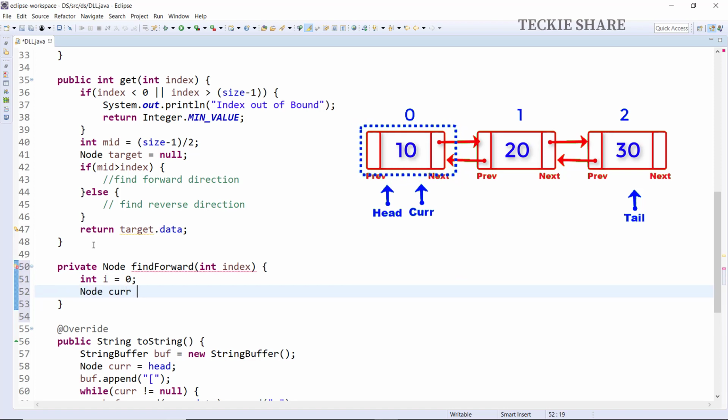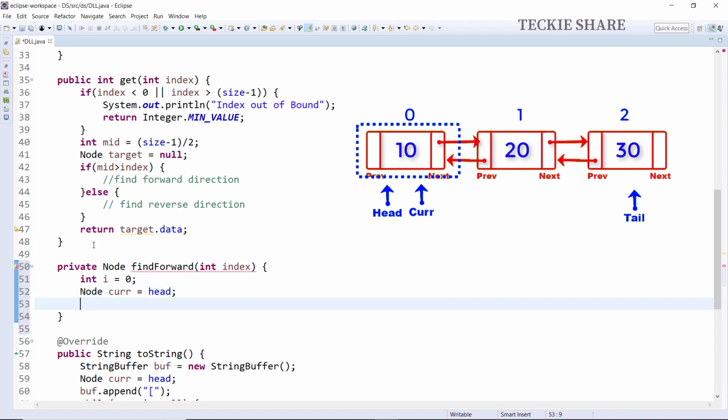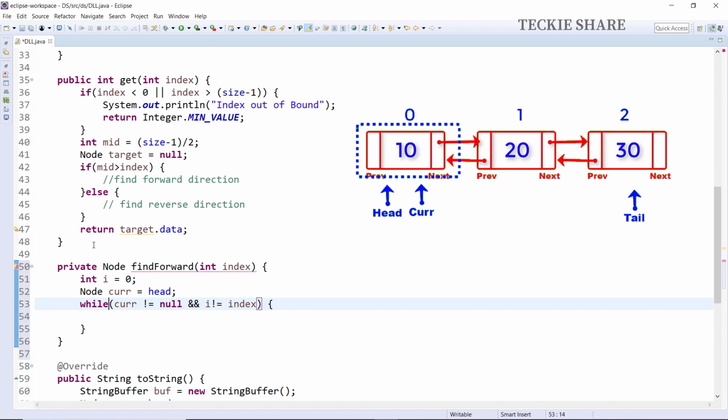What is your condition in the loop? When current is not equal to null and i is not equal to index, the iteration will happen. Inside the iteration loop, you move your current element to the next element using current.next. Afterwards you simply increase your i value by 1, using i plus plus.